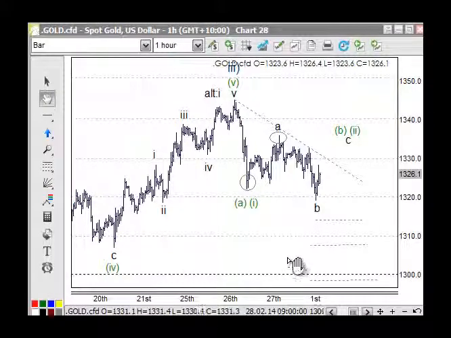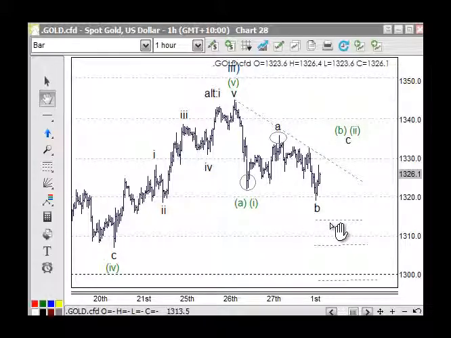So, we've got our first leg down through here, and I thought that we'd be getting an A wave here, a B wave, this green B over here, and a green C down through to here, so to speak. And these were our projected target areas here, or the wave 4 of 1 lesser degree, somewhere in here. But this little structure through here is looking a little bit different than expected